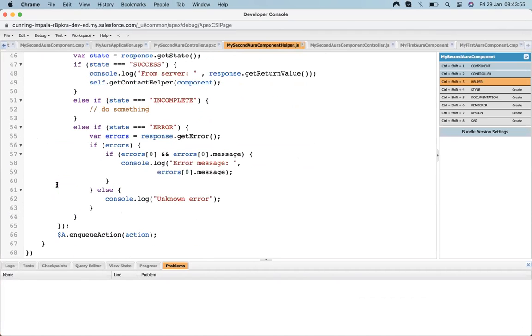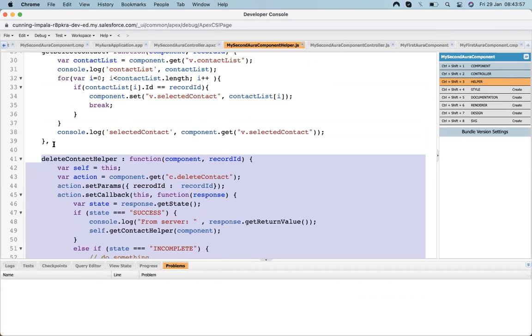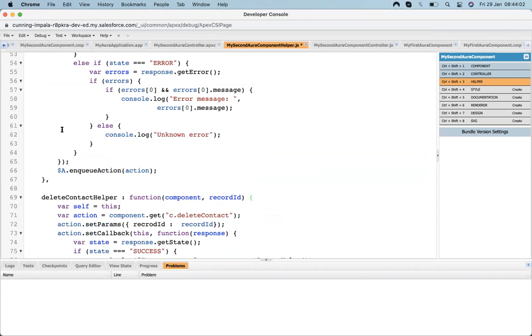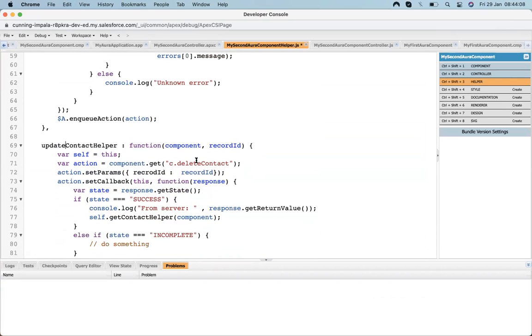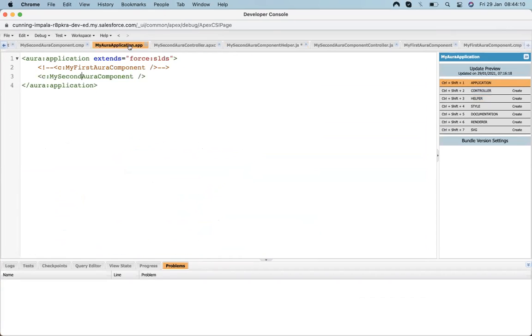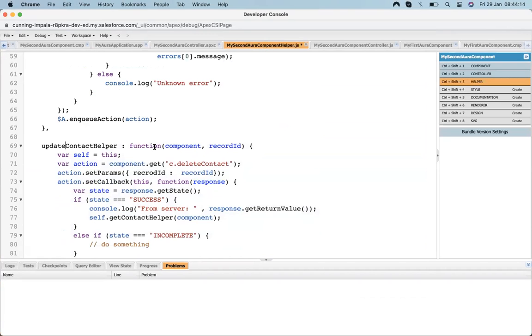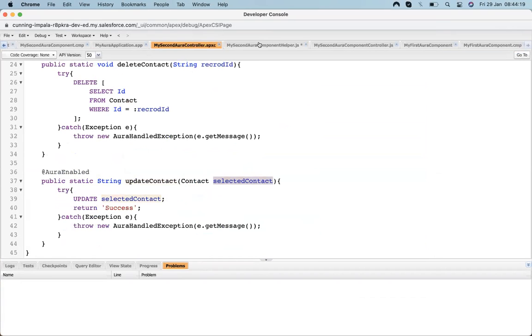So let's copy this, paste it, and change delete to update contact helper. Everything remains the same. I just need to change the method name. The method name is update contact, and we are passing a selected contact.